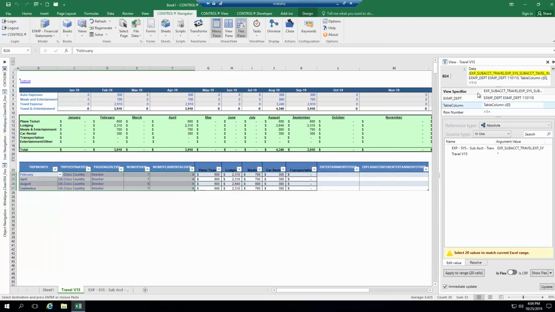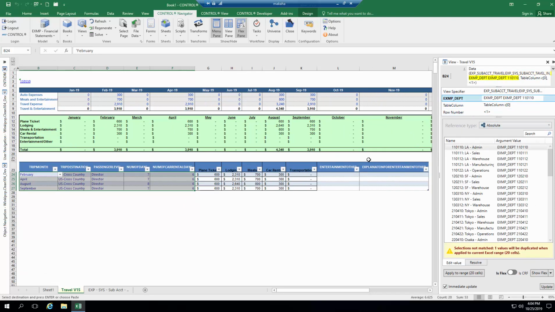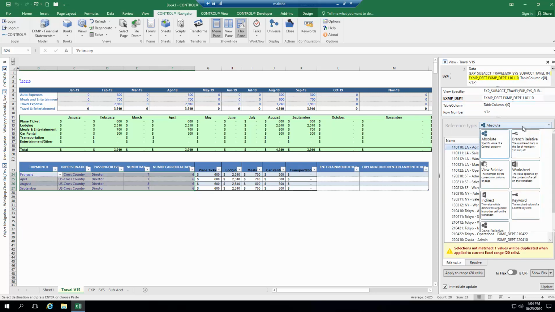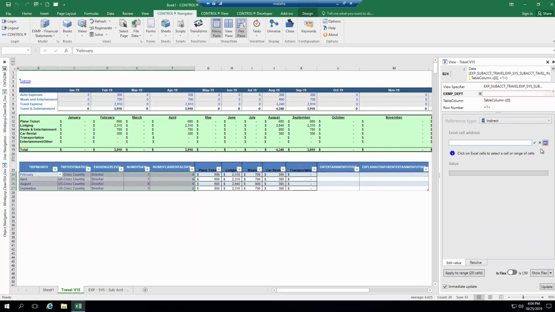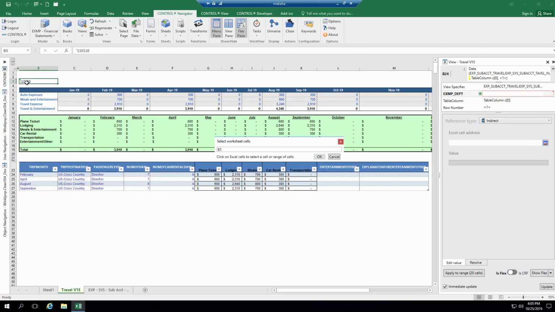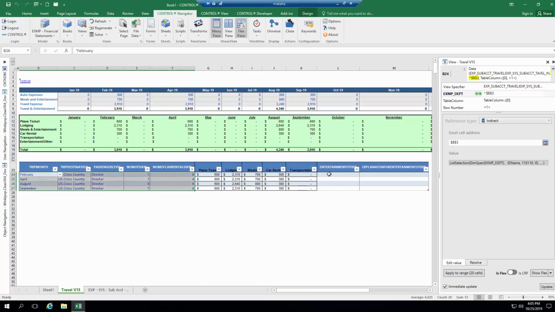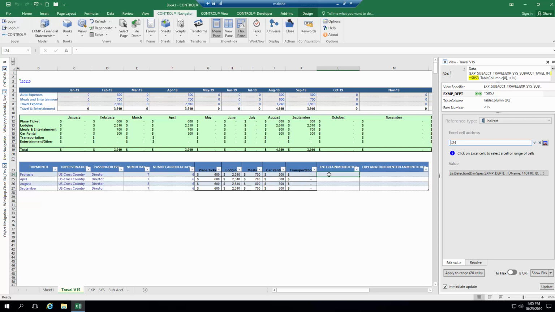Make sure it is B24, and my department, as you can see, is hard coded. I want to do indirect, and come to here, and we'll do the F4. So, okay, and then